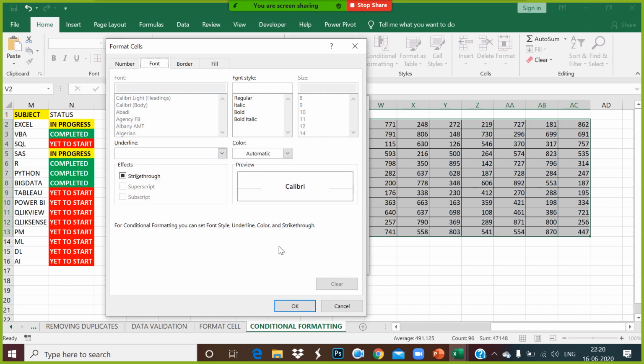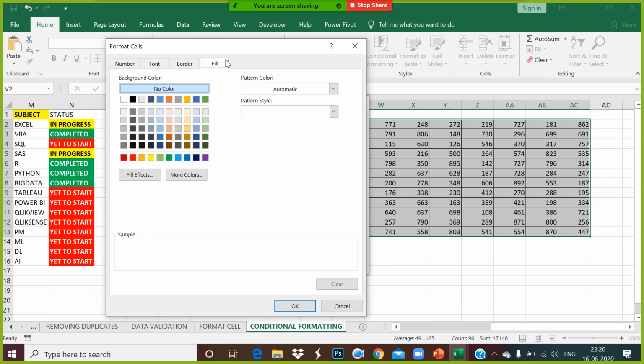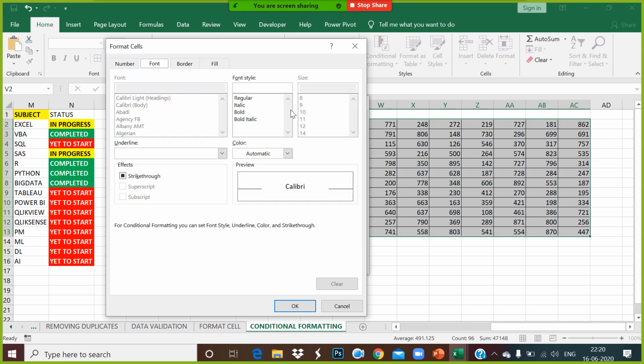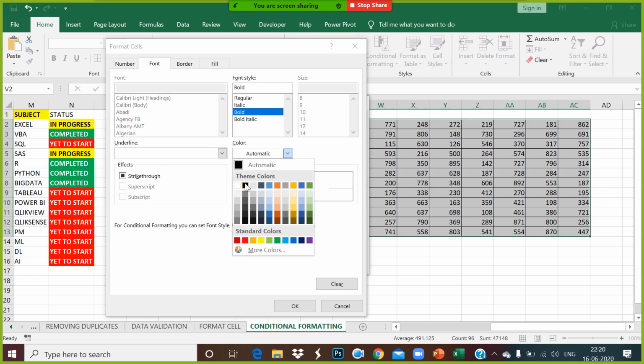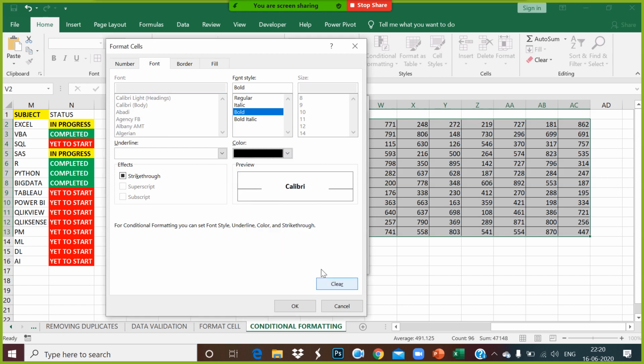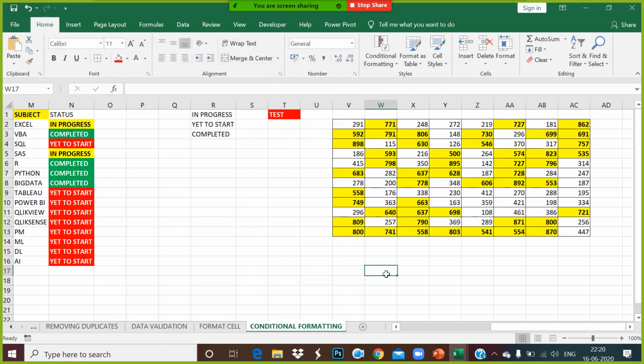Yes. Fill, yellow color. We'll choose the color as yellow. Then font size. Did you say anything for font size? Nothing. So you can go with black. No worry. Okay, there is a tick mark. Oh, tick mark. Yes.